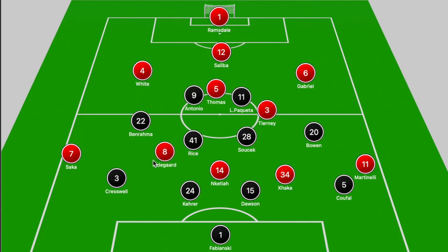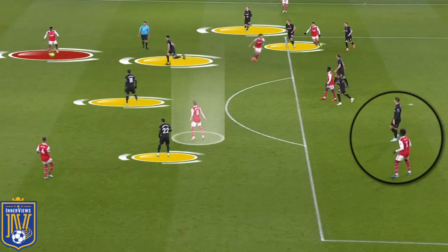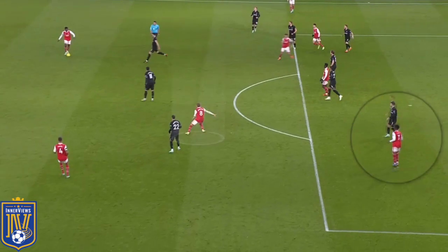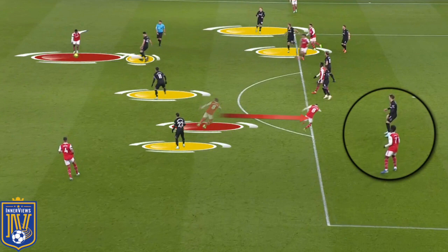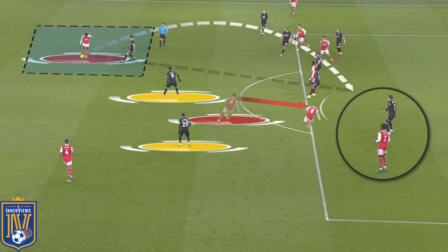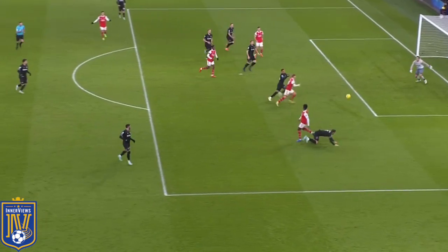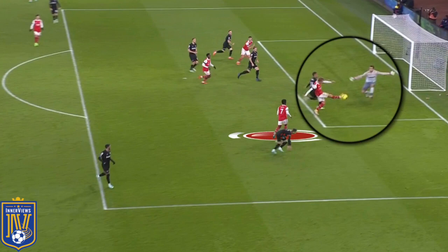There was the odd scenario where Odegaard made forward runs in between the left center back and the left back, trying to serve as an attacking outlet, and there was one example in particular where a diagonal ball was played out towards Saka occupying Cresswell, and it was Odegaard running off Rice and Souček who weren't tracking his movement, and from there Odegaard made a run in towards that gap. The center back was able to track his run, and that prevented Odegaard from having a free effort on goal